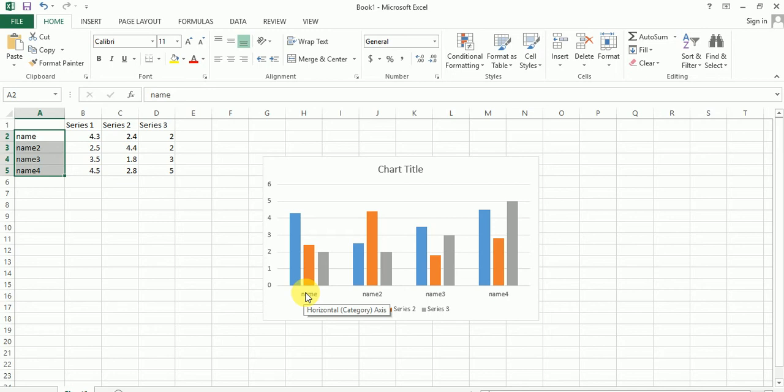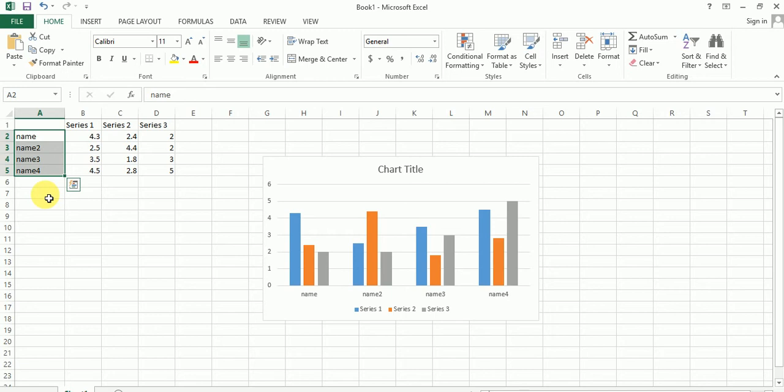So column chart is this type of chart that displays data in vertical bars. It is used to compare different items of data or show changes in data trends over a period of time. The values in this chart are depicted on the vertical axis. See this vertical axis, value or name, no problem, depicted on the vertical axis. Here vertical means column, you already know vertical means column.